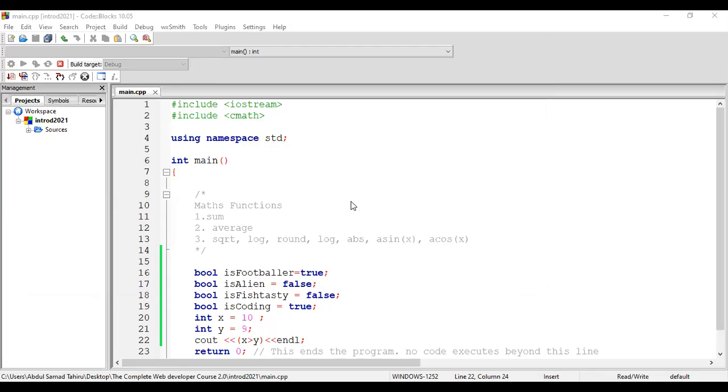1 is true and 0 is what? False, right? If I change it to x less than y, it is going to give me 0 because it is false, right? See that you got 0. So based on either true or false, or 0 or 1, we are able to make a condition, right? If we have understood this,